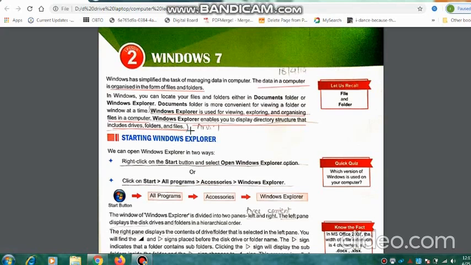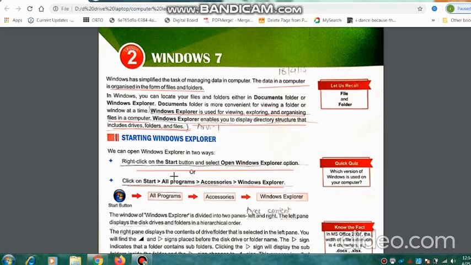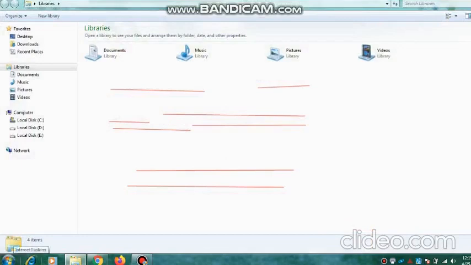Let me show you how to open Windows Explorer. As you can see the steps here, either you right click on the start button, then select Windows Explorer. Let me show you how. Right click on the start button. You can see the option Windows Explorer. There is an option called Open Windows Explorer. You can open it in this way also, or